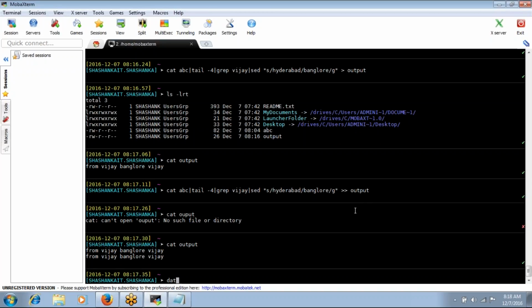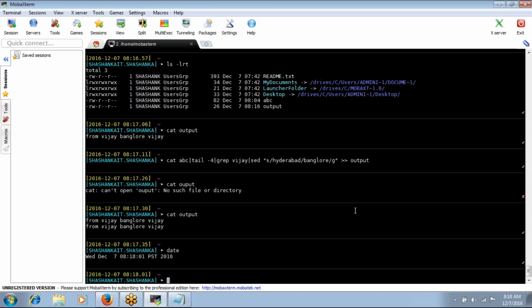Suppose this is my date command. I want to get the current date in my date file. So I will give date plus percentage y, percentage m, percentage d.